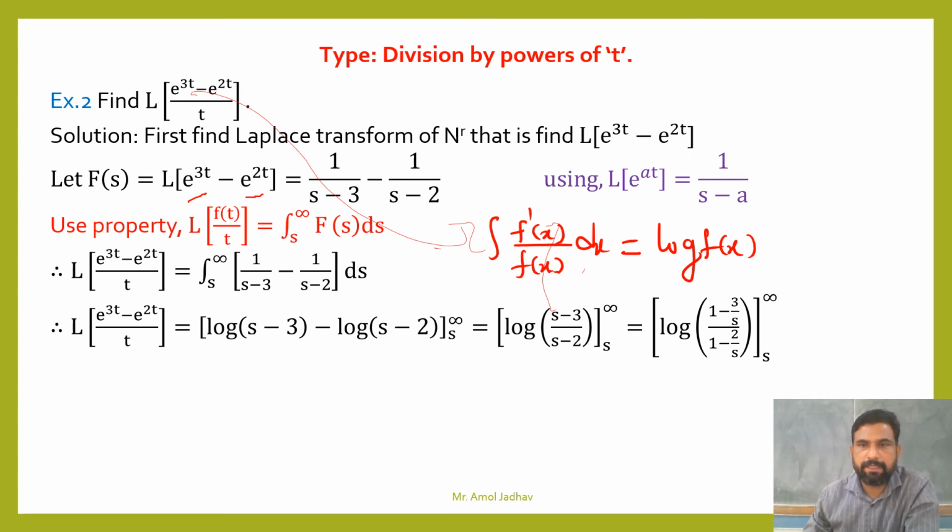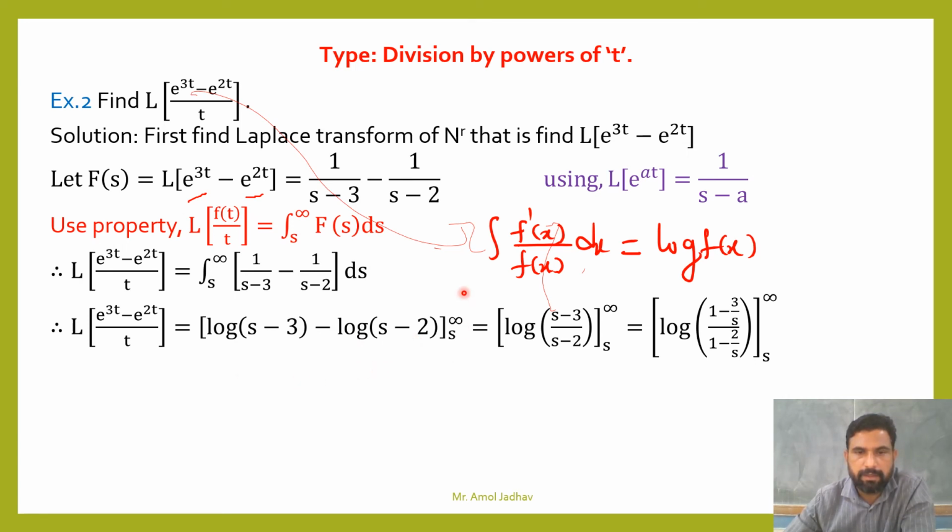Similarly, here s minus 3 is the denominator and the integration is with respect to s. The derivative of s minus 3 is 1, so the numerator contains the derivative of the denominator, so this integration with respect to s is log of s minus 3, and 1 upon s minus 2 similarly gives log of s minus 2,